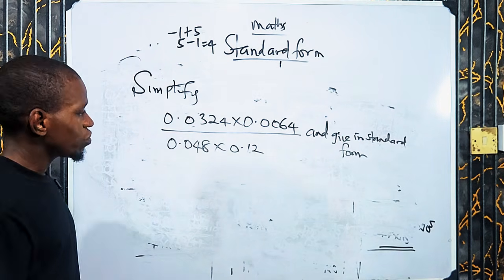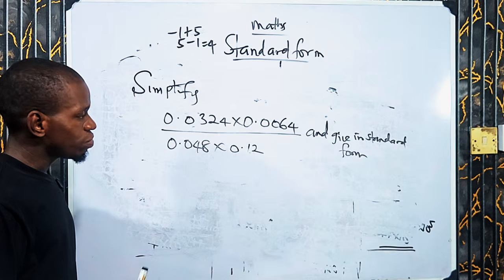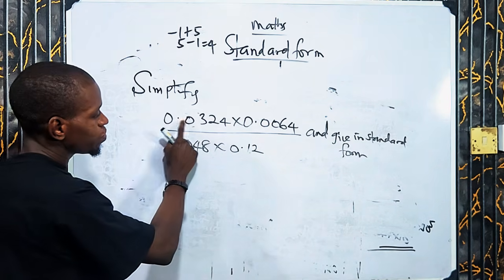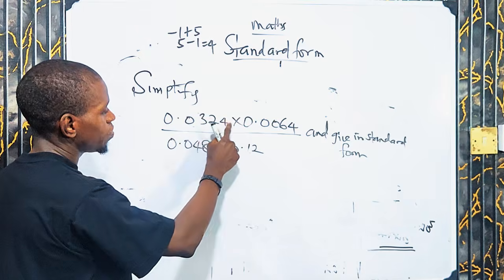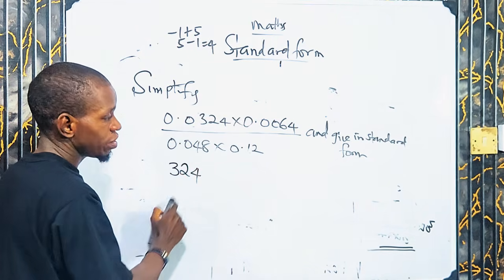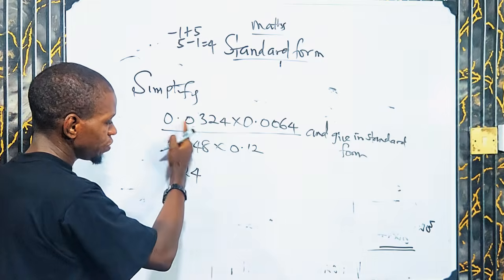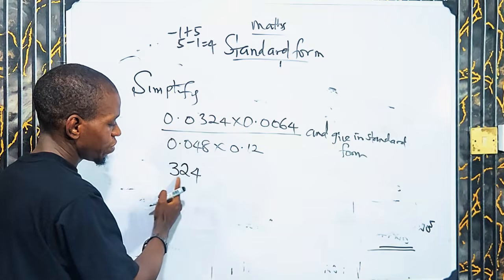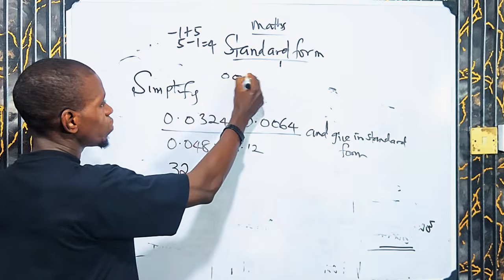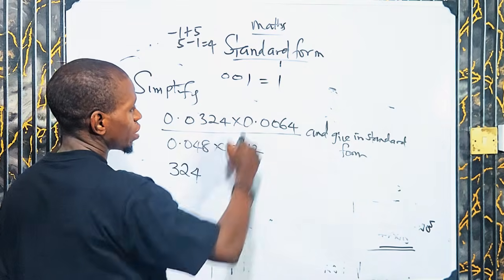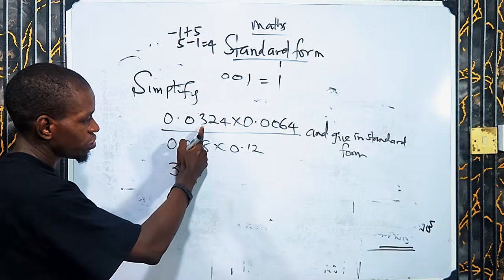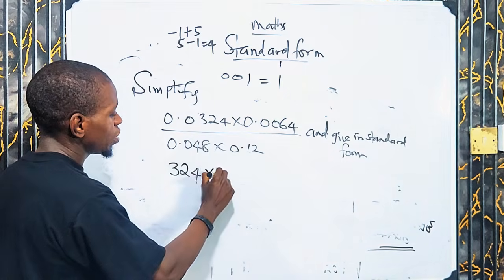This is very simple to solve. So what am I going to do? Always remember what I told you. You are to move this point to the back. From front to back, I'm going to have 3, 2, 4. Remember, whenever you move it, all the 0s will go. I'm not going to write 0, 0 in front because 0, 0, 1 is still just 1. So that is why I'm not including the 0 in front of this 3, 2, 4. So I'll just say 3, 2, 4 times 10 raised to the power